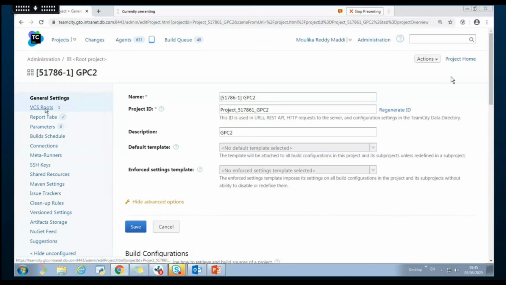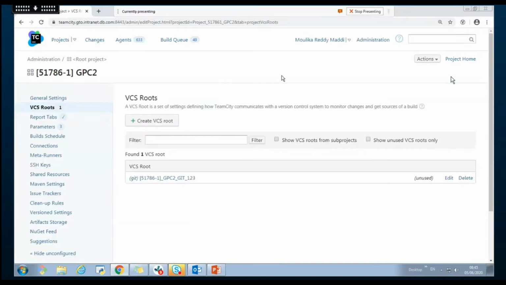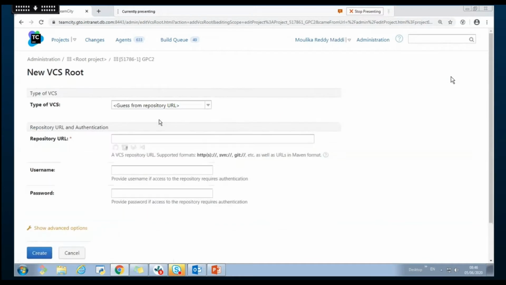VCS root is where you integrate your version control system, which can be SVN or Git, any tool where you commit your code into a common repository. When you create a VCS root, you should give the details that are required.